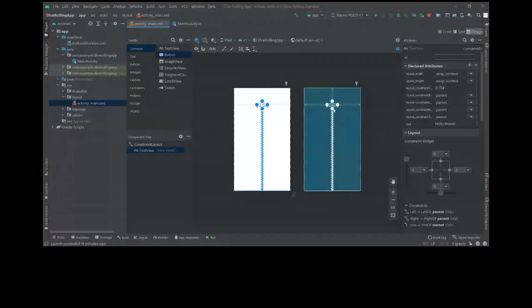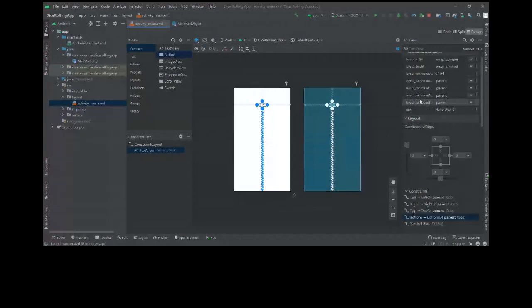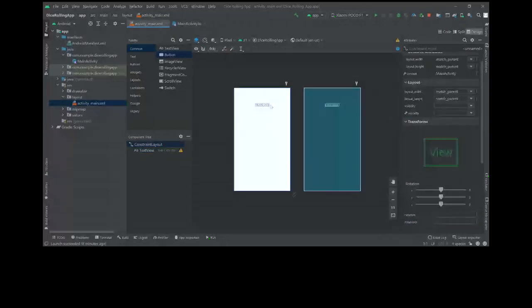That is the constraint you already saw here. Then you have text, which for now is set to hello world. What we want is it to be changed to the dice game. So now once you do this, you can see it. If you can't see, I will just zoom it. You can see it is updated.